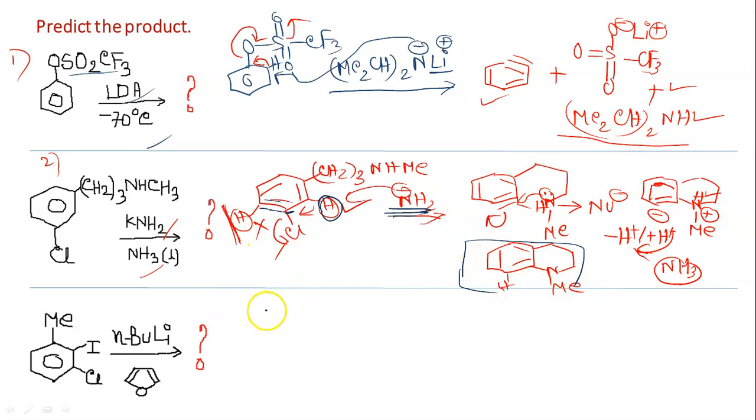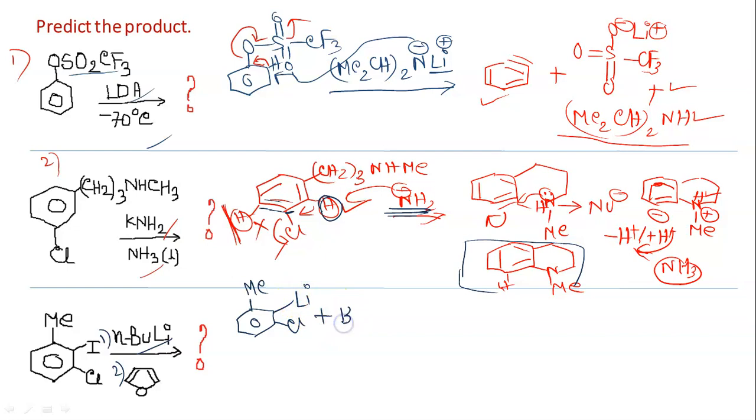Now come to the last one. We are using N-butyl lithium. It is the first step, and the second step is we are using furan. So in presence of N-butyl lithium, which is a very strong base, there will be lithiation at this position. Now replacement of iodine, compared to chloro, is easier,